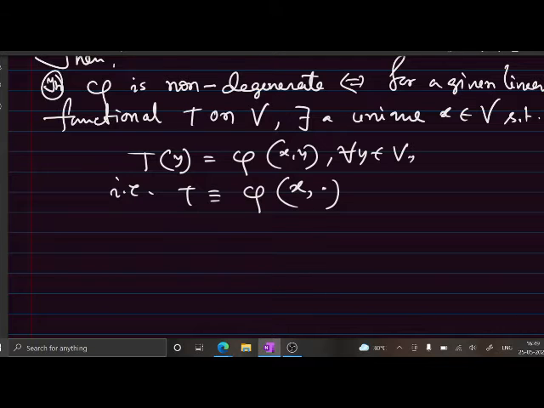So for a given linear functional T on V, there exists a unique x such that T y equals phi of x y. Similarly,